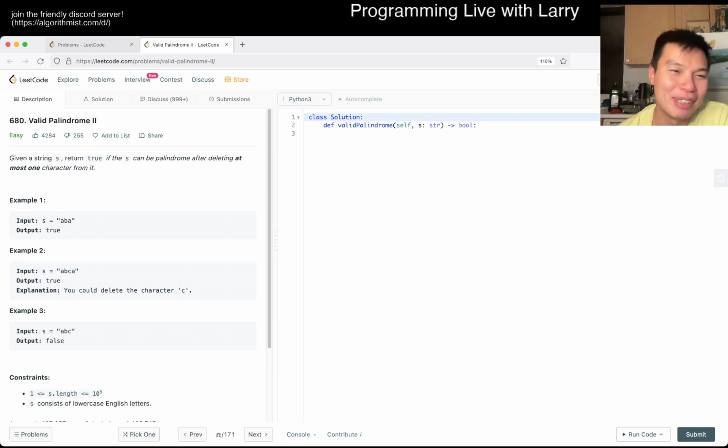Anyway, today's problem is Valid Palindrome 2. Given a string s, return true if it can be a palindrome after deleting at most one character from it. All right, so the way to do it,